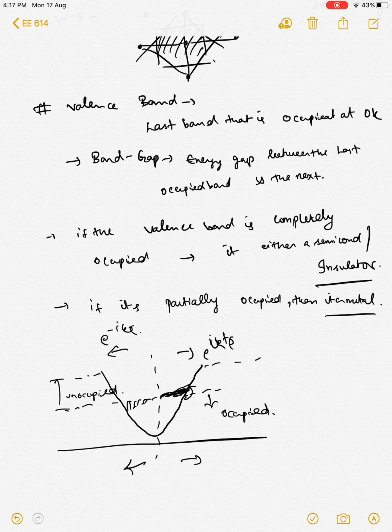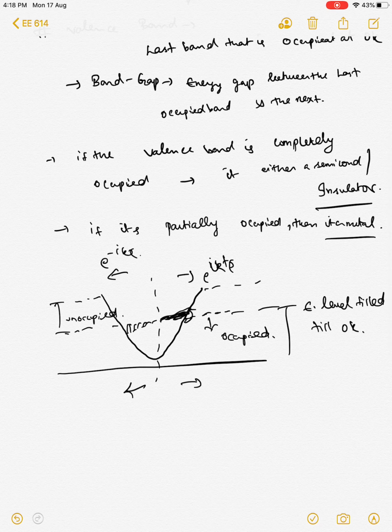which is the origin of current. This is possible only if you have states very close or in the neighborhood of the energy level till which it was filled at 0 Kelvin, right? So this is the energy level filled till 0 Kelvin. So any small increase in potential can change the population distribution such that there is net motion of electrons towards one direction, in which there is current.